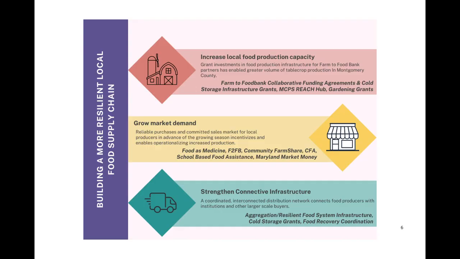We need to grow the market demand, and so the county itself already buys about $1 million of product a year directly from local farms through the Farm to Food Bank program, Community Farm Share, and other partnerships where we buy the product and then redistribute that through the food assistance network here in county. But the reality is county dollars can only go and scale so far. And so we need to bring other larger scale buyers to the table in buying these products so that our farms and food producing businesses have other demand that allows them to grow more product and scale their